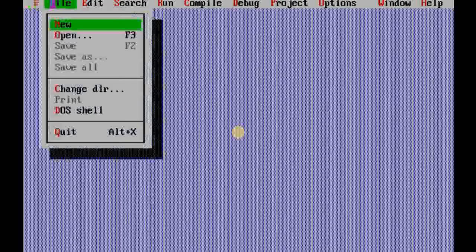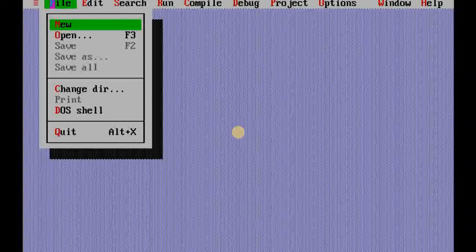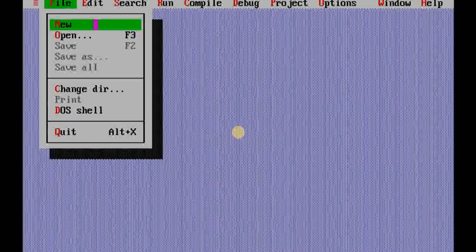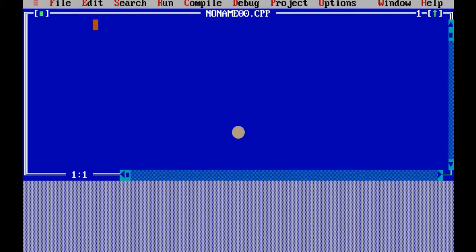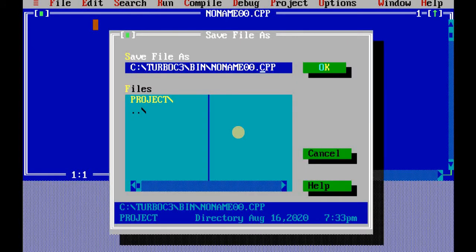So in our earlier recording, we have seen how to make a function as a friend of one class. So today we will be demonstrating how an external function can be made a friend of two different classes. So here, first of all, we will save the file as